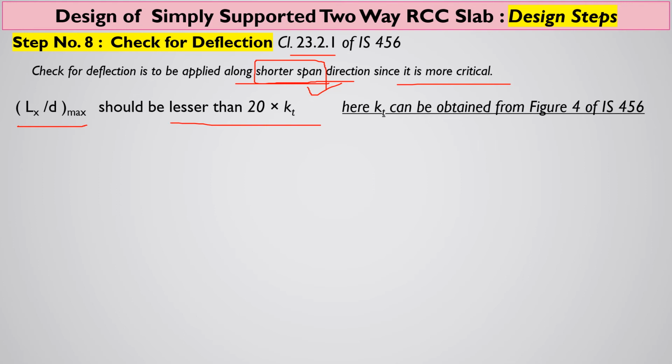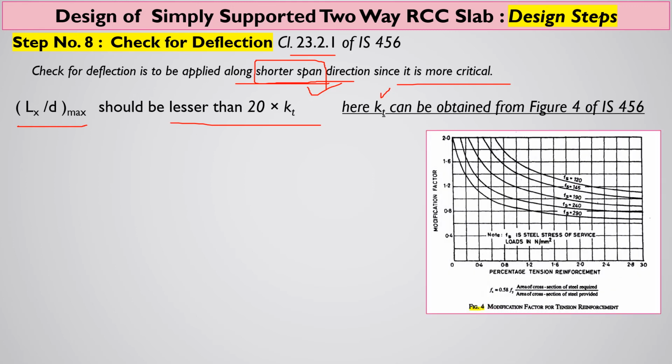Again, similar to one way slab, this kT value we can obtain from figure number 4. This is figure number 4. So based on this figure which is available in IS 456, we can calculate this modification factor, that is kT, and for this we require percentage of tension steel, and then modification along the y direction you can pick based on two parameters. One is the percentage of steel you can see along the x-axis, and other will be the tensile strength of the steel, and based on the various curves you will have to pick the curve which is